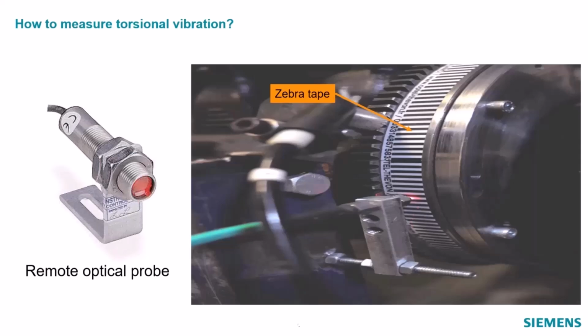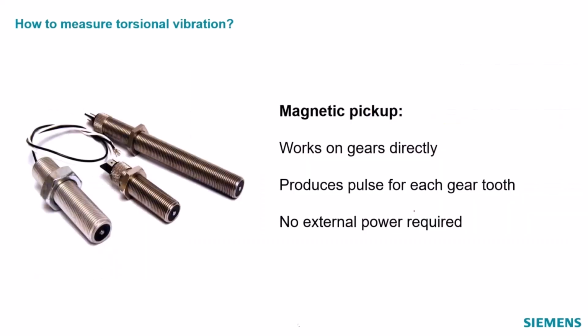Now you can see here an example of that, but instead of one piece of tape, what have we done in this case, Charles? Looks like we have lots of points where we're going to get reflections as it spins around. So we'll get lots of pulses back as it spins in one revolution. Yeah, and that's very typical of torsional vibration measurements. We want to detect speed fluctuations that occur within one revolution of our rotating system. And so to do that, we need more than one pulse per rev. We need multiple pulses per rev. And so that's why in this case, the shaft has something called zebra tape on it, a bunch of black and white stripes that create multiple pulses per rev.